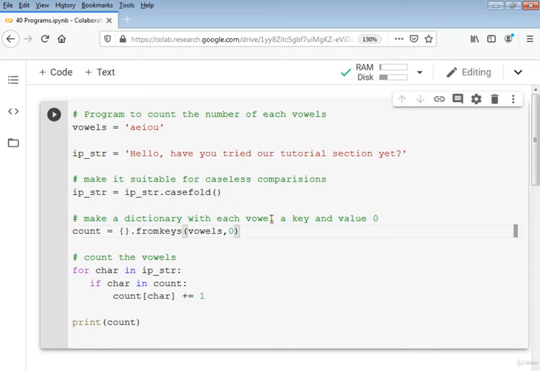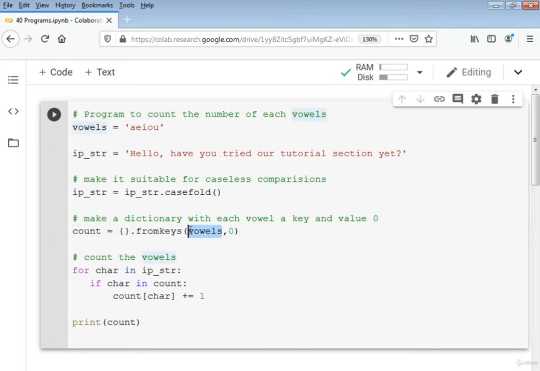So we are taking the help of a dictionary in this program code, and we will represent the values and their total numbers, a value and its key. Here we see this code: count is equal to, so we are using fromkeys. What is the meaning or object of this fromkeys? With the help of the dictionary method fromkeys, we construct a new dictionary with each vowel as its key and all values equal to 0.